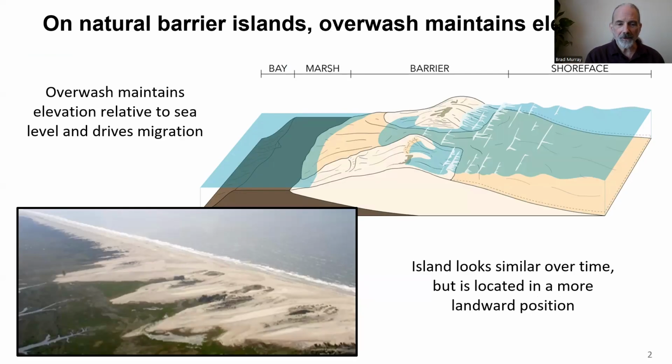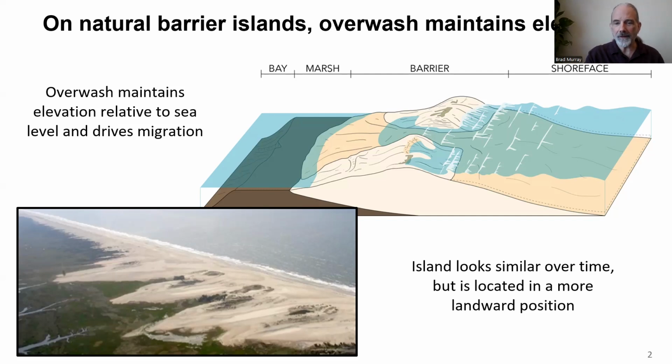And this is why barriers persist, even though sea level's been rising for many thousands of years. This tends to increase the height of the island in the long term at the same rate that sea level is rising. So from the perspective of creating and maintaining the landform, overwash seems like a positive thing, but clearly